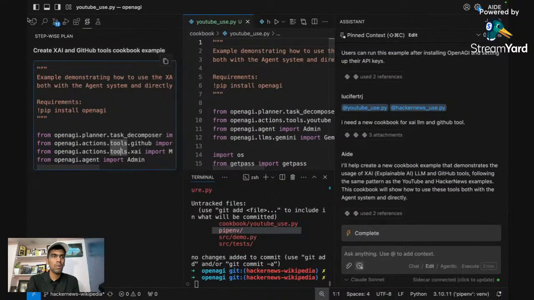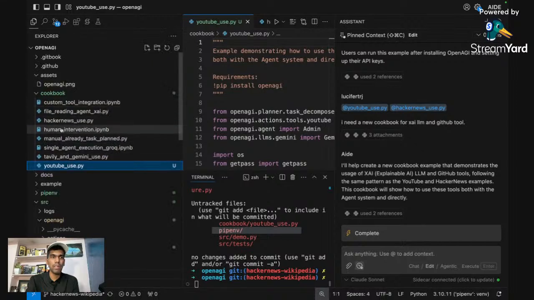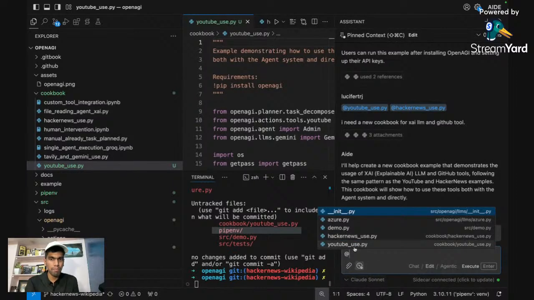So it will generate the code, and once it is generating the code, it will create a new file. So it's very simple. It's a very simple tool to use. You just have to use the syntax @ attach a file. Attaching a file is nothing but you're telling it, hey, this is the reference file. Considering this reference file, create a new piece of code. So you just have to provide the reference and write a good prompt so that you can get a better result.